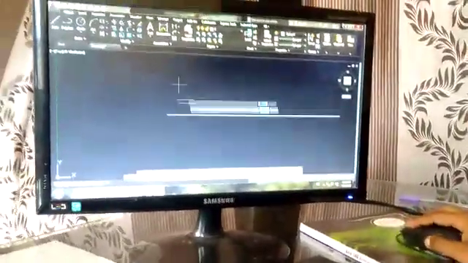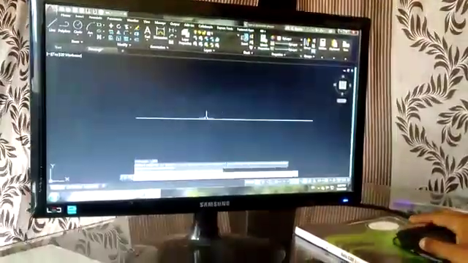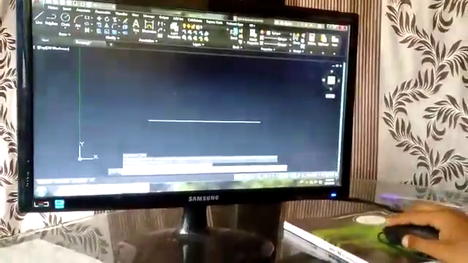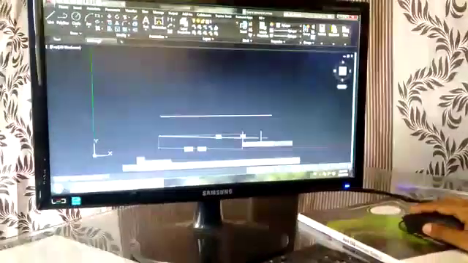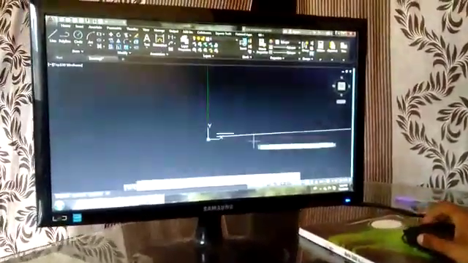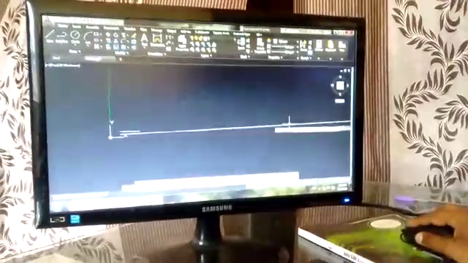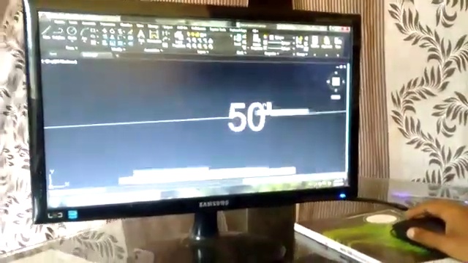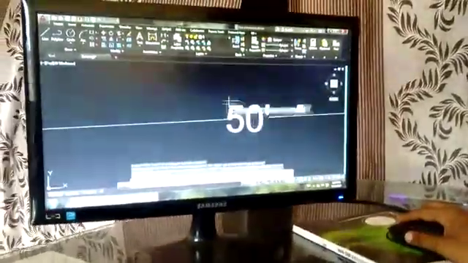I want to measure this line. Sorry, it shows some error. So I want to do another line. I'll enter some 50 feet, enter. I want to check the length of this line. You can see here 50 feet comes like this. Okay.